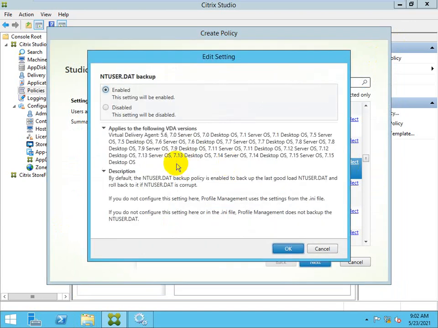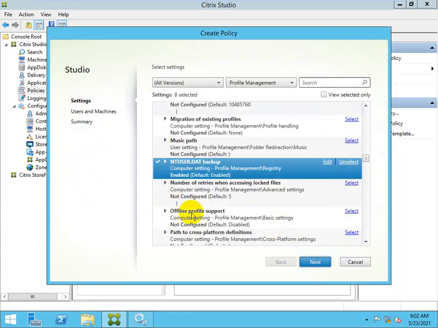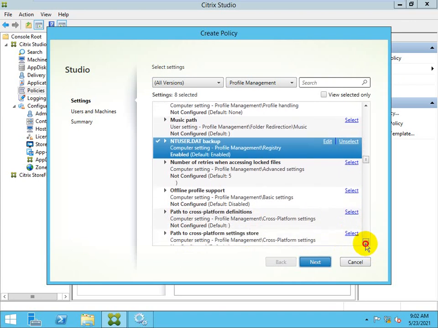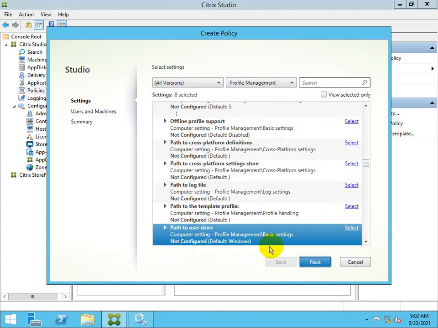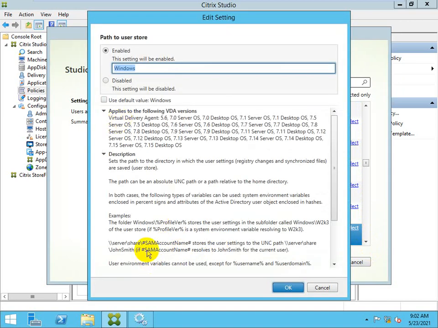So here you need to enable the profile backup. Okay. Offline profile support, path to cross platform, and path to user store. You also need to apply this.